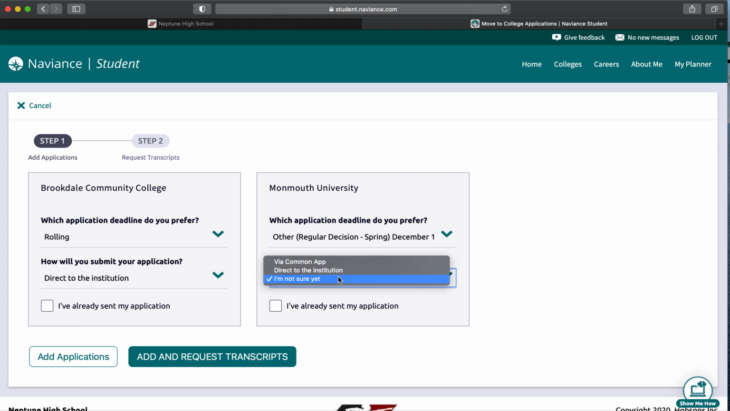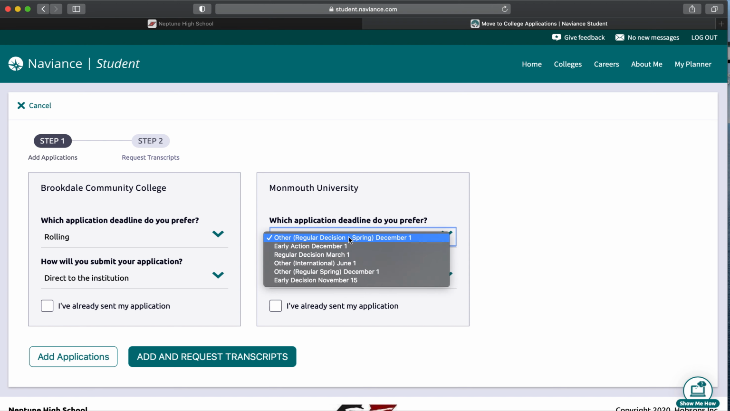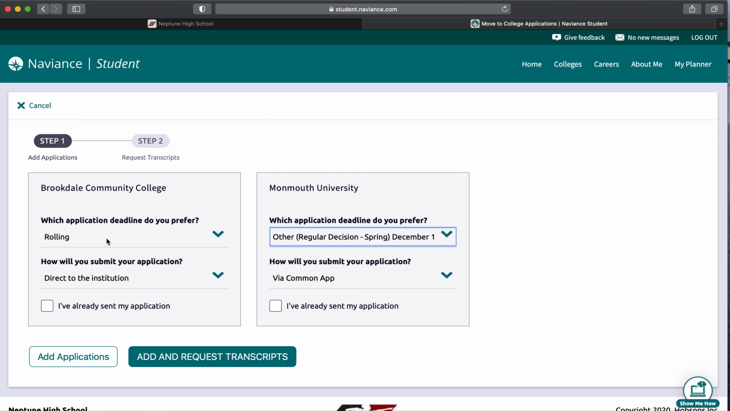For this tutorial, for Monmouth, I'm going to apply via Common App and regular decision. If you wanted to add applications, you can go about that right here, but I'm going to click on the add and request transcripts. And this is where it's going to notify the counselor that this is where you're applying to and how you're applying. If I click on that,